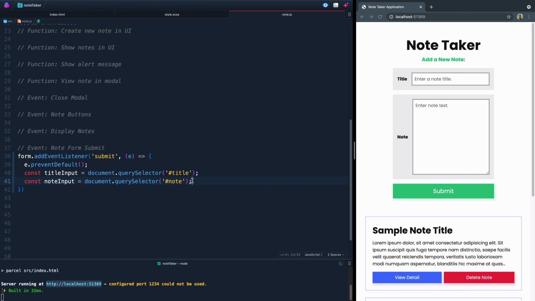So we're grabbing both of those sections, both of those input fields, and then we want to actually validate it. So let's come down here and say validate inputs. What we want to check for is that there's actually something in those fields. So we'll say if title input dot value dot length is greater than 0, so it has to have something in there. And we'll say and if note input dot value dot length is greater than 0,